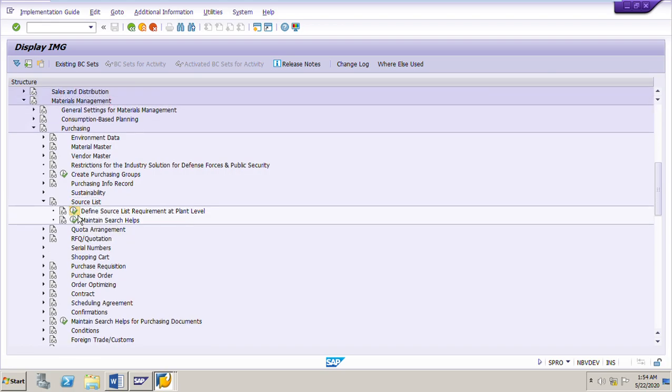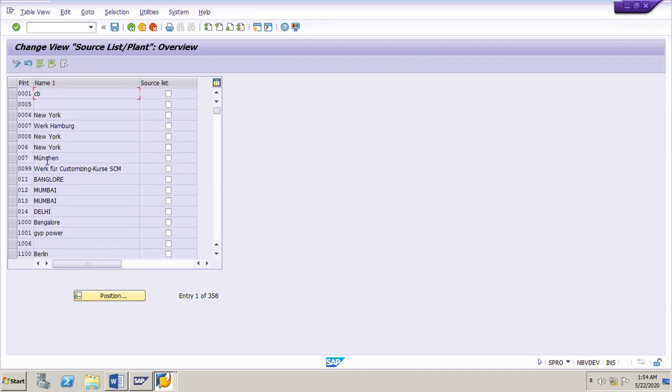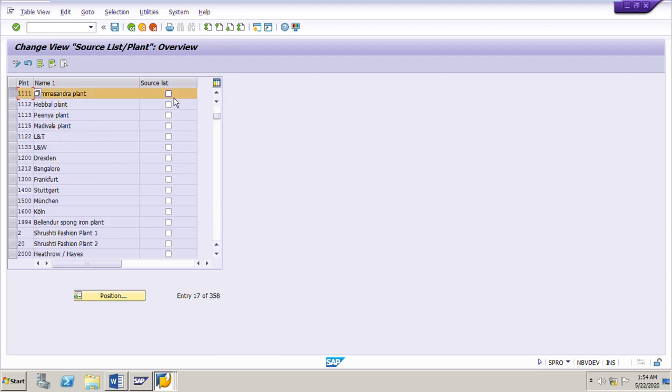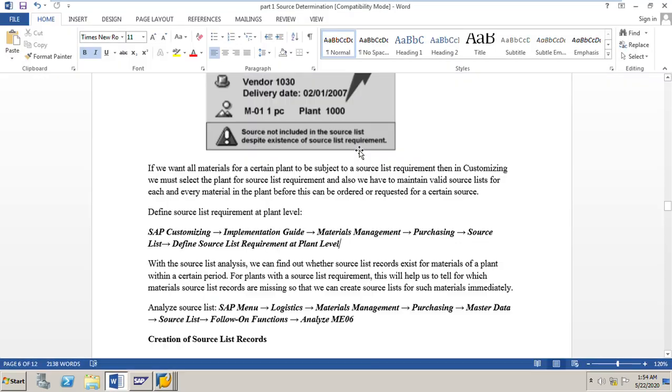You have to go here, and for that particular plant which we are working on, we have to check this source list requirement. If we check here and save this configuration, then we have to maintain source list for all the materials which are used in our plant, 1111. That is the meaning of source list requirement at plant level.